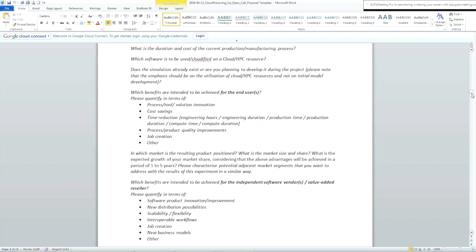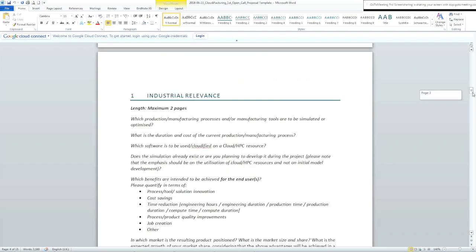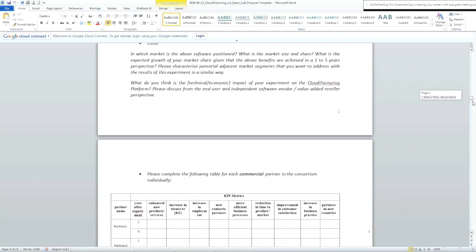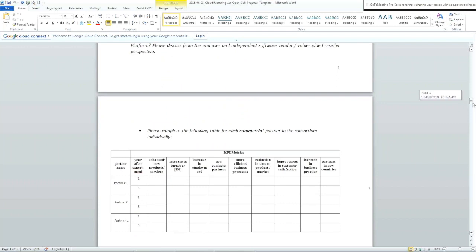So as I said, in 2 pages, you provide this overview of the industrial relevance of your project. And as part of this 2-page overview, we would like to ask you to provide KPI metrics. And these KPI metrics are regarding the potential impact of the project for all commercial partners. So we suppose that your consortium will include mainly commercial partners. Obviously, academic institutions and research institutions can complement the consortium, but every commercial organization must provide these KPIs,